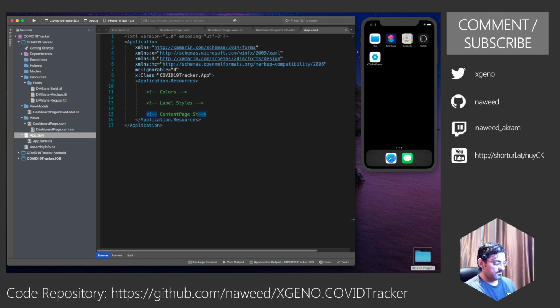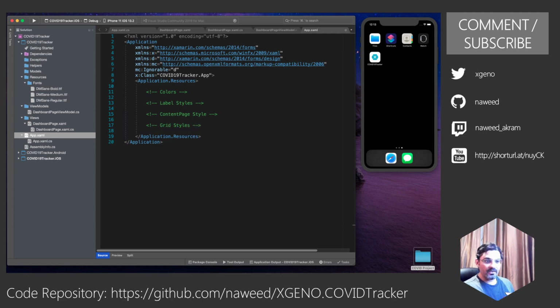In fact, it's only one. I also normally make sure that my grids are horizontally and vertically taking up all the space, which is fill and expand, and the row spacing and the column spacing is also 0. So rather than doing it in all my pages, I define a style for that as well.